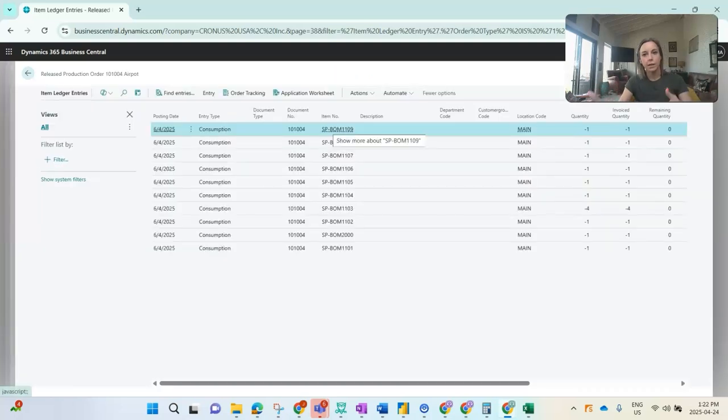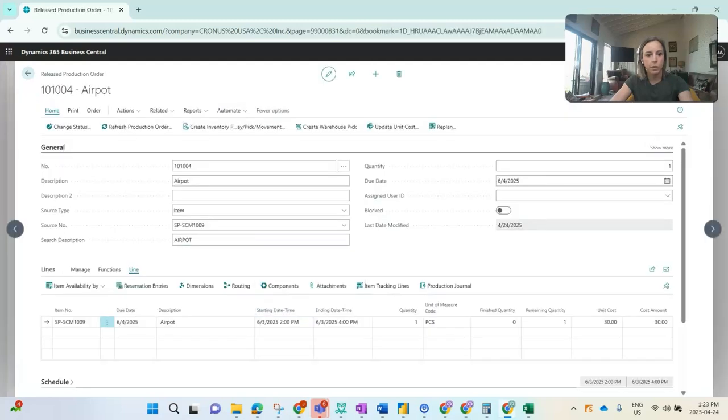Transactions created, inventory's been consumed. I know that it deducted from my inventory because that's a negative quantity. They come back to me and they say, no, it wasn't production order 101004. It was production order 101002. All right. Previously, I would have to go to my production journal or my consumption journal and reverse the lines manually. But now what I'm able to do,